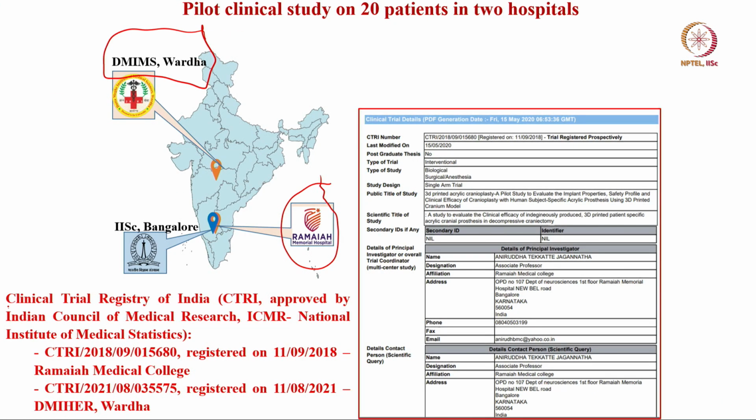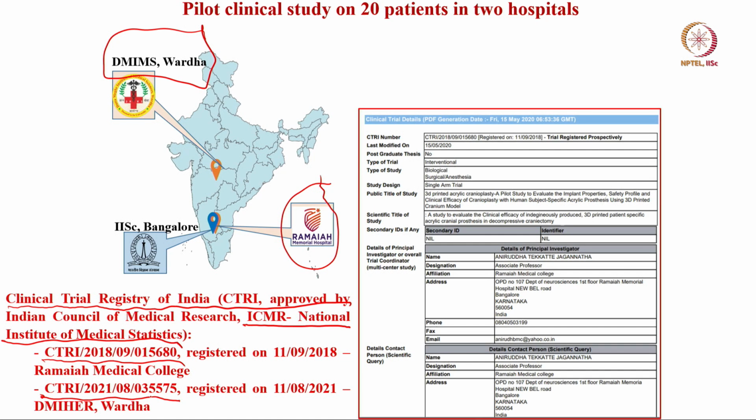Then we have applied for approval on the Clinical Trial Registry of India, which is managed and maintained by the Indian Council of Medical Research, National Institute of Medical Statistics. And then we got registration number CTRI/2018/09/05680 for Ramaiah Medical College, and we have validated this clinical study outcome that we have done at Ramaiah Medical College